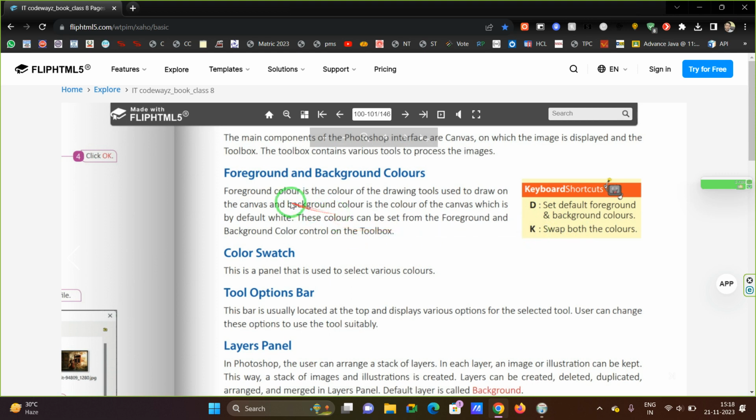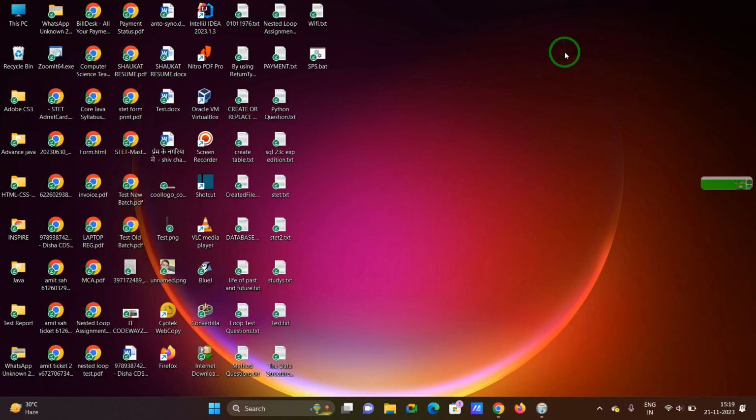Let us see. Foreground color is the color of drawing tools used to draw on the canvas, and background color is the color of the canvas, which is by default white. These colors can be set from the foreground and background color control on the toolbox. So what are foreground and background colors? Every image is